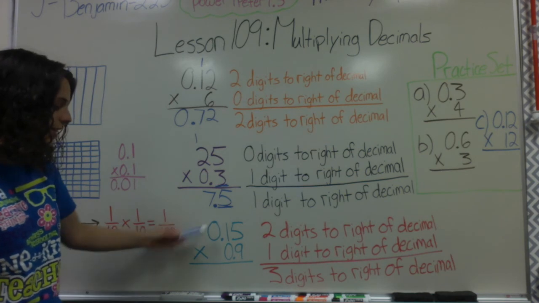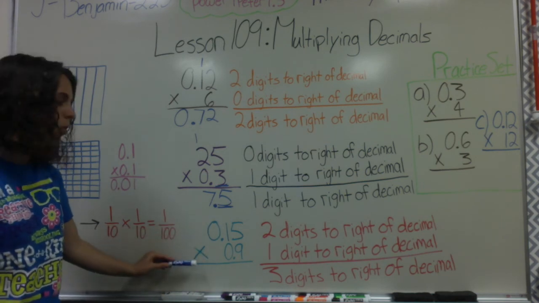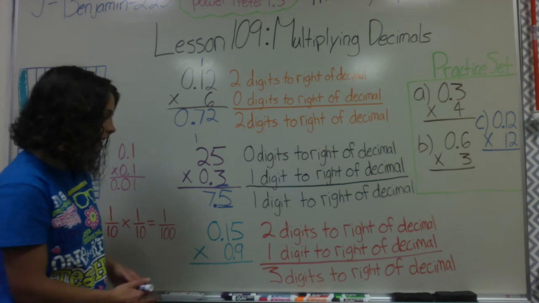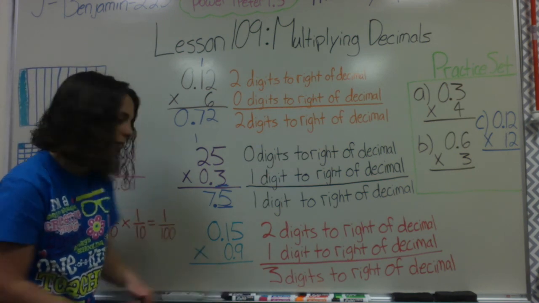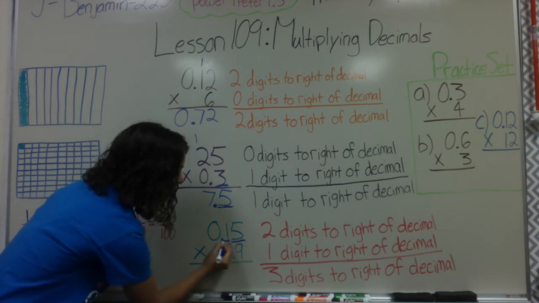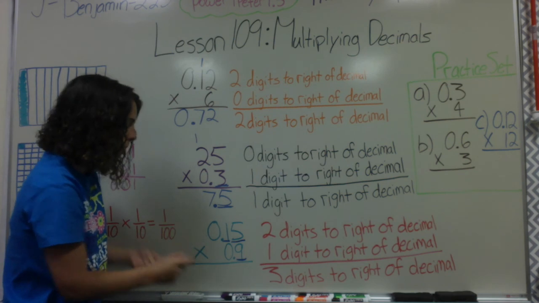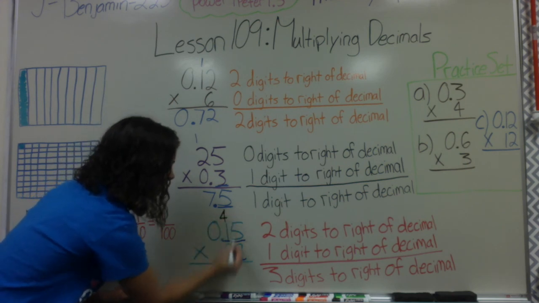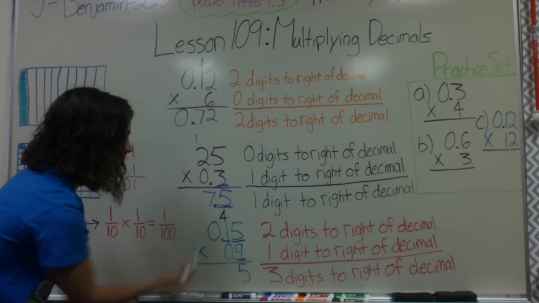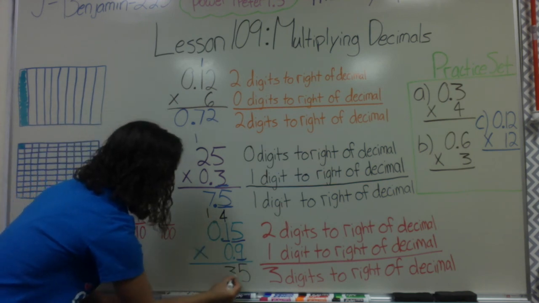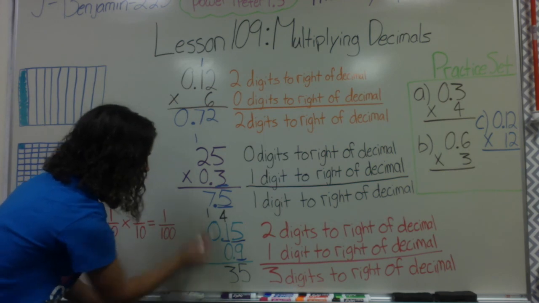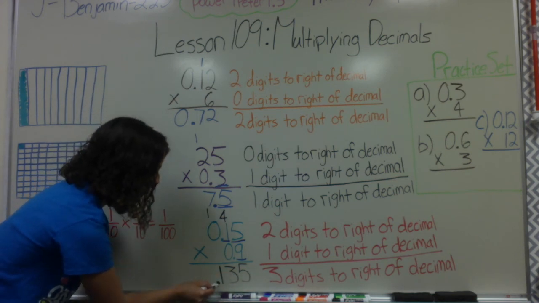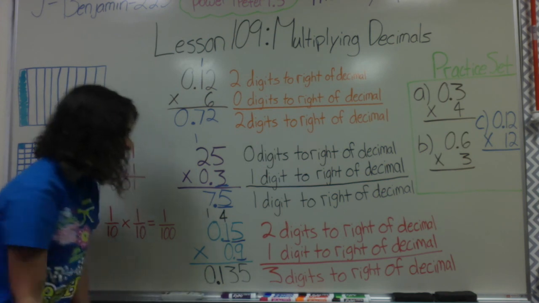Now I have 15/100ths times 9/10ths. So both are going to be decimals. I have 2 digits to the right of the decimal for 15/100ths, and I have 1 digit to the right of the decimal for 9/10ths. So my total is going to be 3 digits to the right. I count my decimal place values. 1, 2, 3. So I'm going to have 3 decimal place values. I'm going to use a darker color down here. 9 times 5 is 45. 9 times 1 is 9, plus 4 is 13. And 9 times 0 is 0, plus 1 is 1. I want 3 digits to the right of the decimal. 1, 2, 3. My decimal point goes right here. And I can add a 0. So I have 135